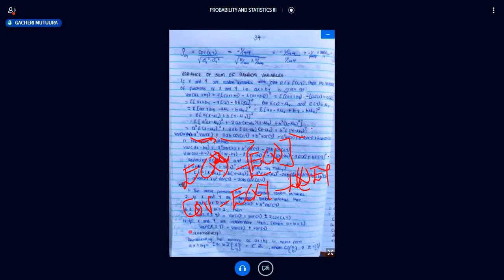And finally, I get the variance of y using the same formula as that. After I obtain those variances and covariances, then for any other function of x and y, all I have to do is impute the a and b's. So if I'm given a function such as 3x plus 4y, then my a is 3, my b is 4. So in this formula, after I obtain the covariance and the variance, all I have to impute is the value of a, which will be 3,